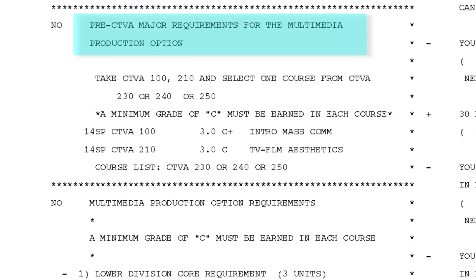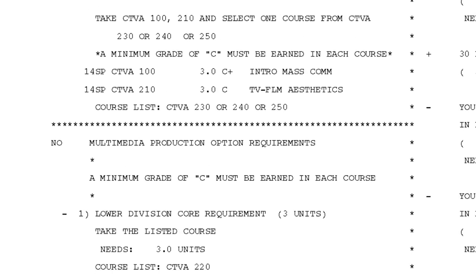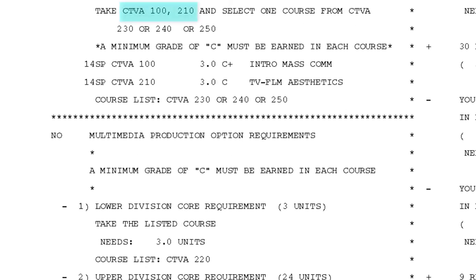That is why the courses listed here are lower division, 100 and 200 level. All the CTVA students are expected to take CTVA 100 and CTVA 210. Multimedia production students are also expected to take CTVA 220. The choice between taking CTVA 230, 240, and 250 is misleading. CTVA 240 and CTVA 250 are no longer options unless you are switching to multimedia production from the TV or